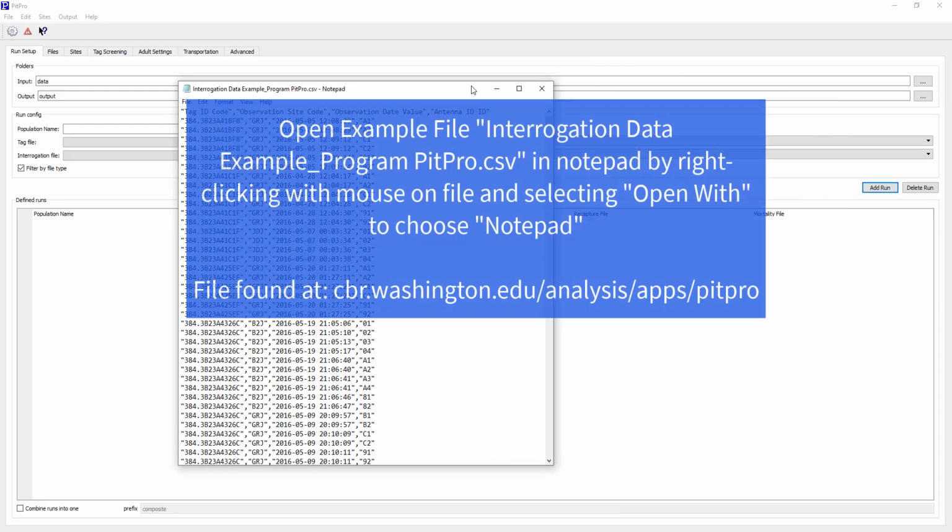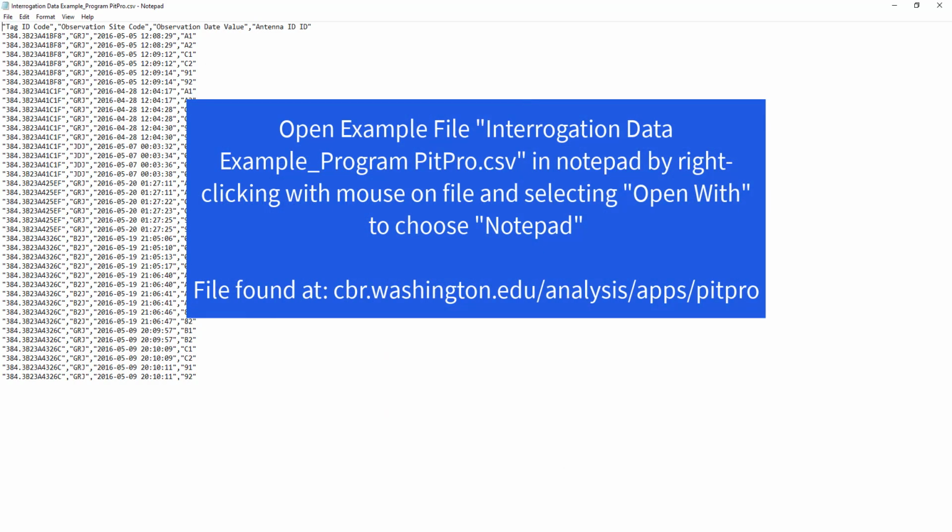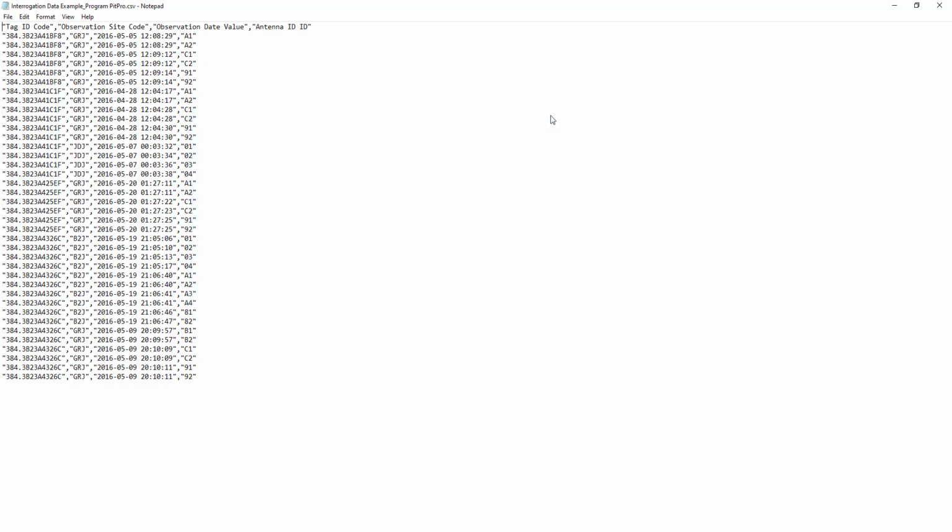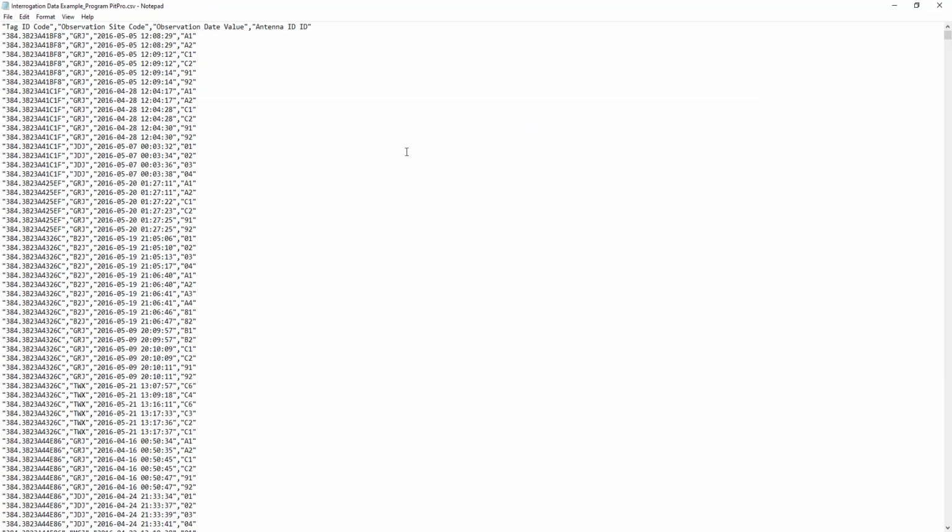The interrogation data provide the time and location of observations of study fish, which are translated into capture histories. Based on this data, PitPro determines the outcome of a fish at each capture history site, depending on what that site is. A dam with a juvenile bypass system, for example, could have possible outcomes of return to river, sampled, or transported. The capture history for a fish incorporates this information for each site in a sequential record of passage. Here in the interrogation data example, we can see tag code ID, the observation site code, observation date value, and